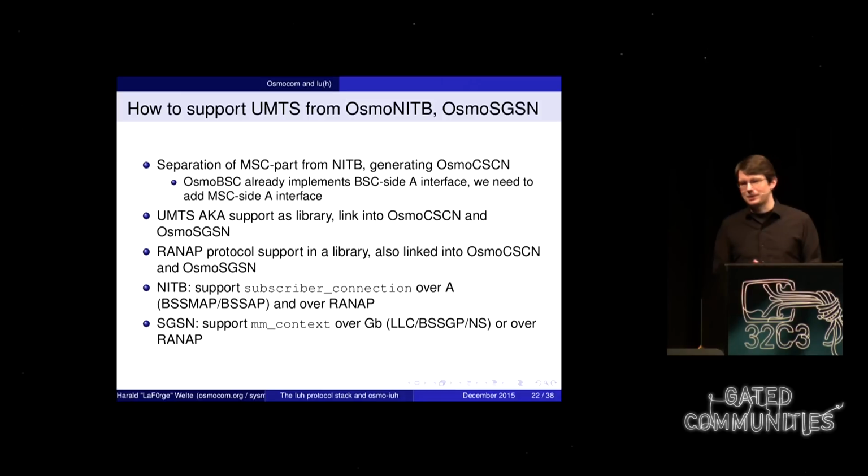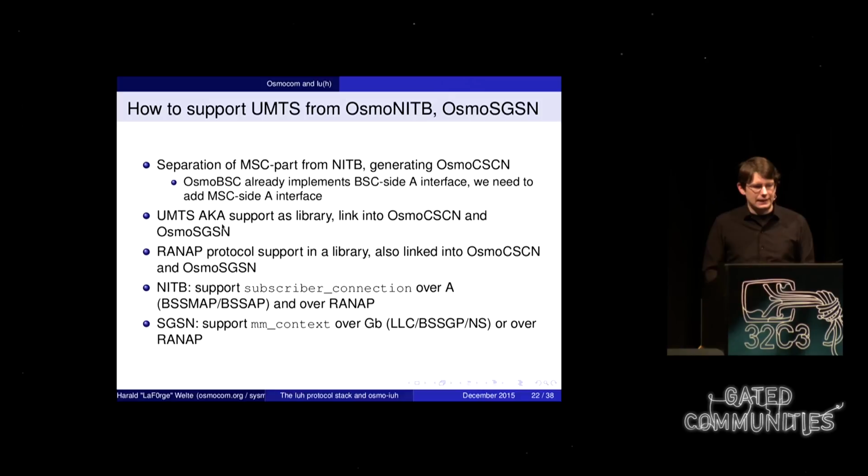Unfortunately, we need to separate those individual pieces, which are all in one blob, in order to interface at the point where we want to interface. So this separation of the MSC part and the BSC part needs to be done inside the network in the box. We need the UMTS authentication and key agreement support.